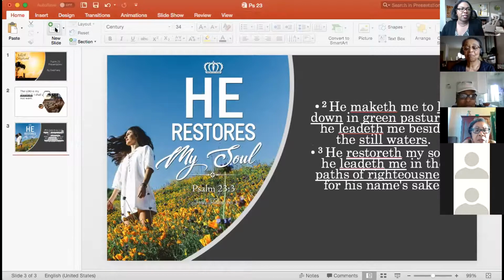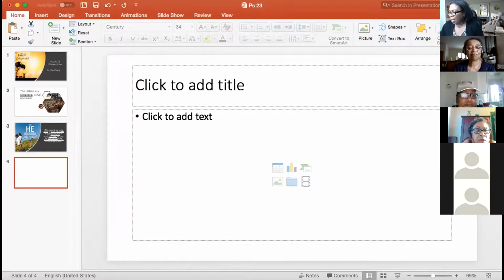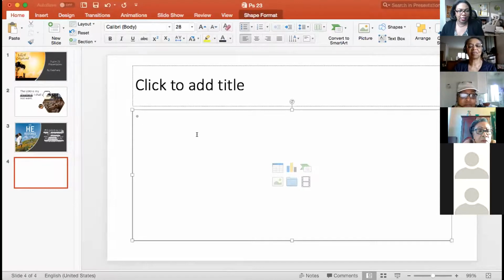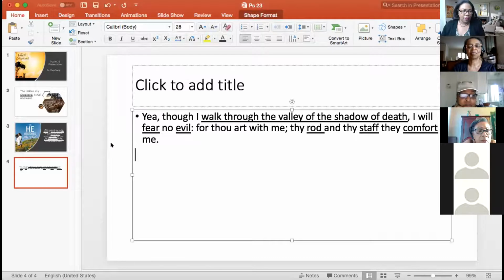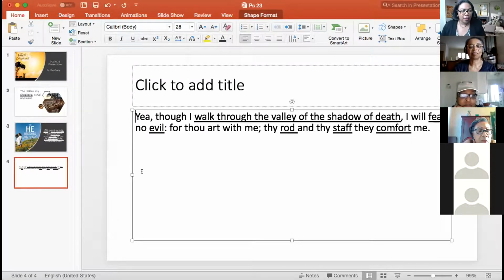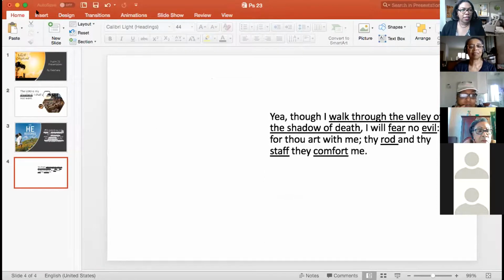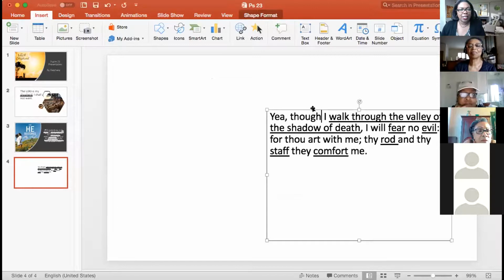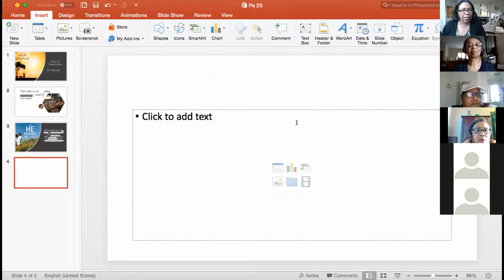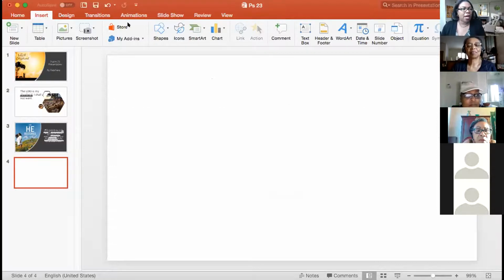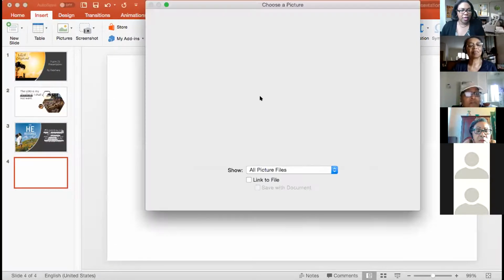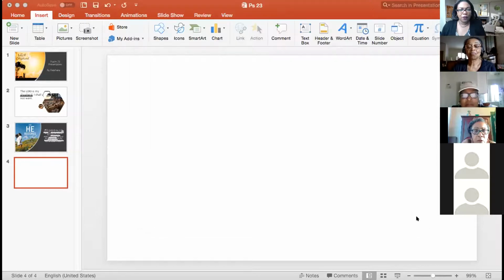Let's do one more verse and then I'll open it up for questions. So we're going to do verse number 4. So I'm going to go ahead and add that text here. I'm going to insert another picture. And let's do something different this time. Let's say this time I want the whole background to be a picture. And then I want to put the text on top of the picture. Right. So verse number 4 talks about,